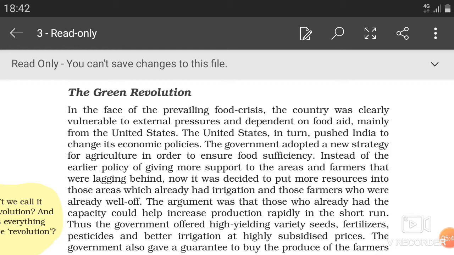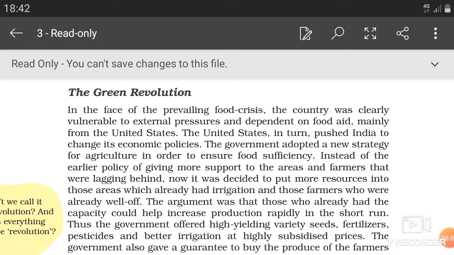Okay, means India shall be independent in its food production. Okay, for that India should follow some particular path. So they framed a particular policy. What was that? India had to create